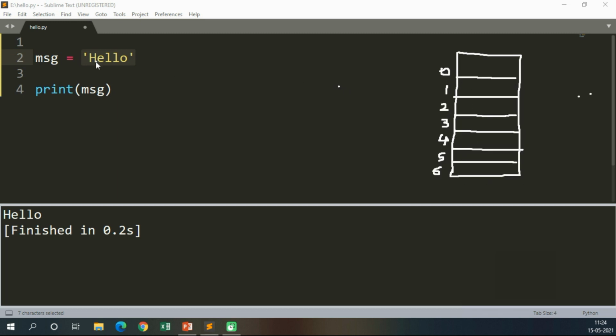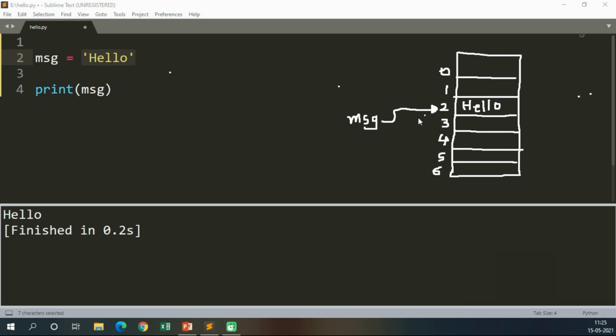We have assigned hello to the message variable. Now hello is stored somewhere in memory and message is a variable which is pointing to that location in the memory like this.